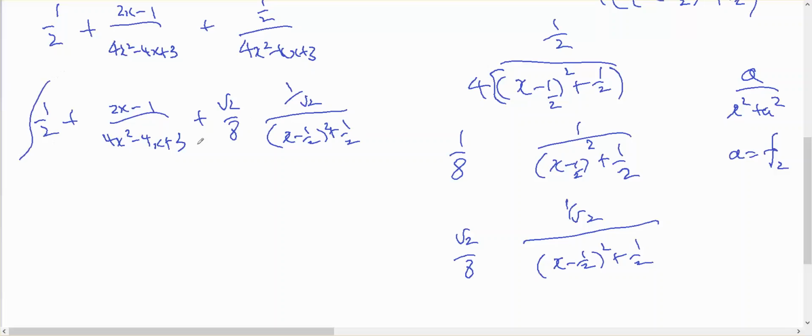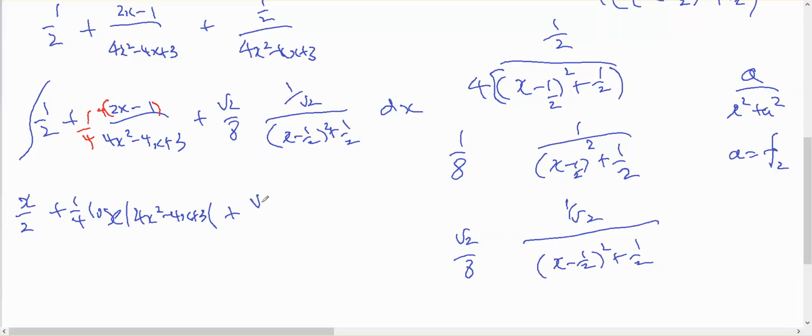If I integrate that with respect to x, I need 8x, so I'm going to multiply that by 4, therefore I'm going to have 1/4. So that gives me x on 2 plus 1/4 log base e of 4x squared minus 4x plus 3